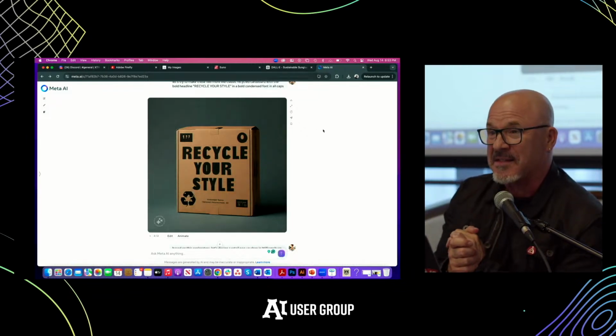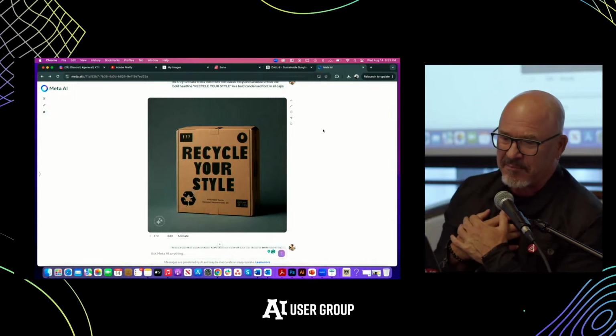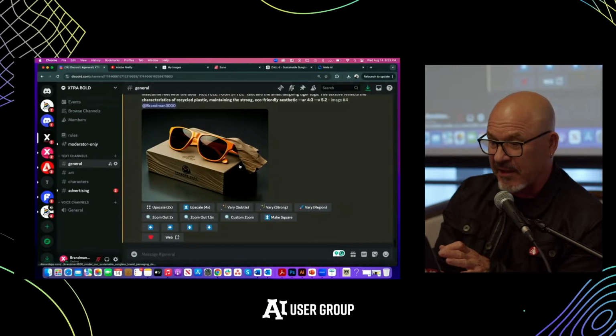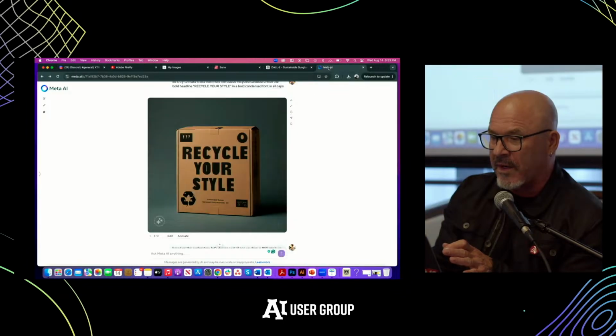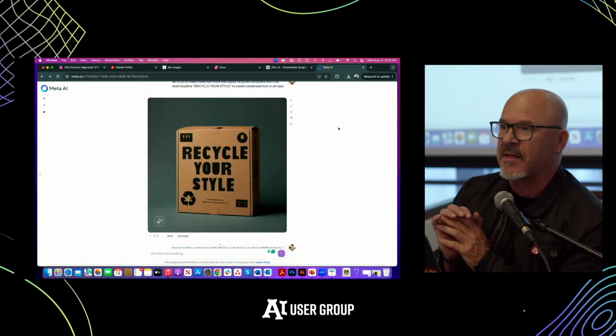Yeah, I mean, to me, I'm on AI anywhere from 6 to 8 hours a day, mostly Midjourney, mostly chat. I do jump over to Firefly. Guess what? Firefly can do your logo too. Don't know if anybody uses Firefly, but you can do a lot in Firefly. You can do a lot in Midjourney. I got some beautiful packaging, but I'm going to say right now, what I'm seeing in Meta AI is pretty